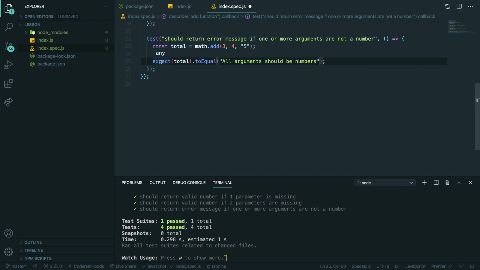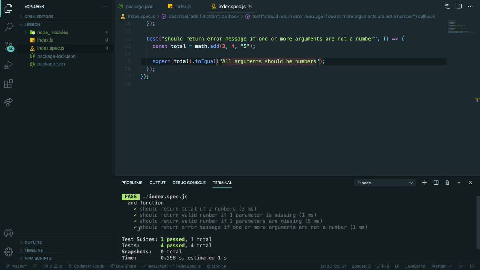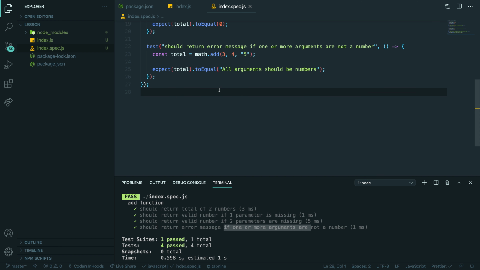Right, yeah, that makes sense. Expect total to equal something. Save, we're passing 4 tests now, right? Brilliant, okay. Yeah, so now it is working as we expect.